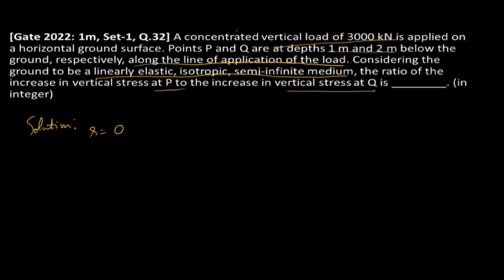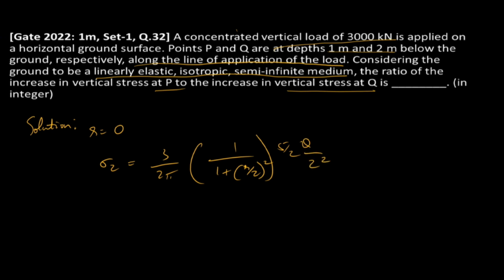So as per Boussinesq theory, sigma z will be equal to 3 by 2 pi, 1 by 1 plus r by z whole square to the power 5 by 2, into q by z square. Since r is equal to 0, which gives 3 by 2 pi, 1 by 1 plus 0 by z square to the power 5 by 2, into q by z square, which gives sigma z equal to 3 by 2 pi